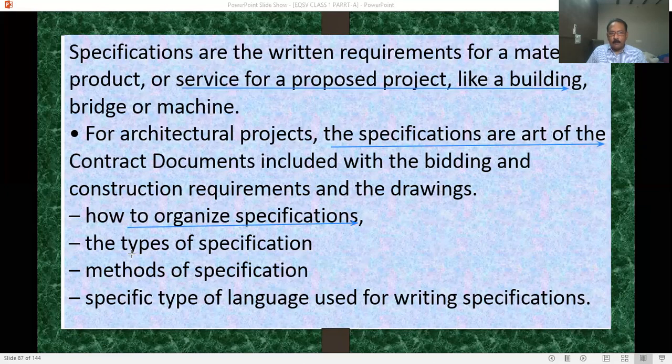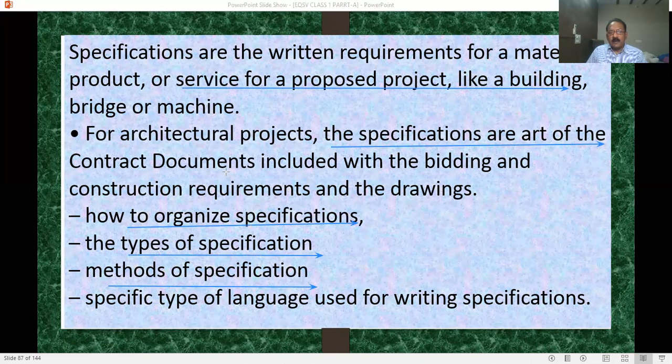Texture or other types; there are different types of paintings. So that is the type of specification. Then methods of specification: is it manual or machine or equipment? Suppose RCC mix, column mix. What is the method? Manual or machine equipment?